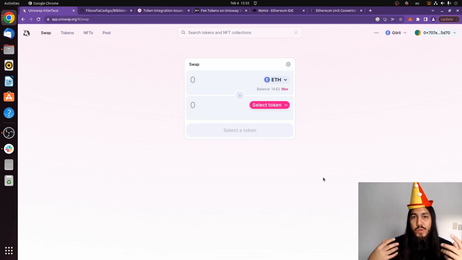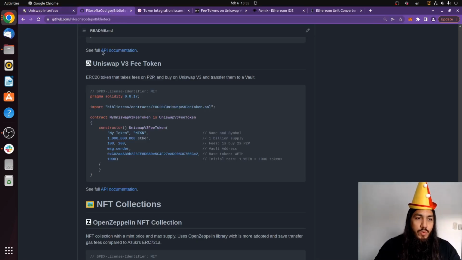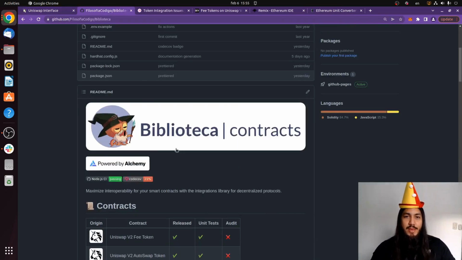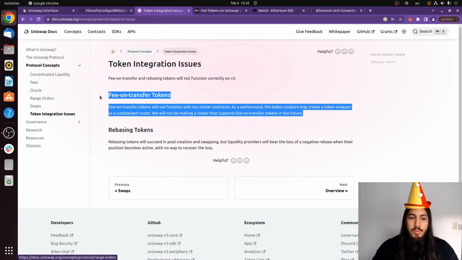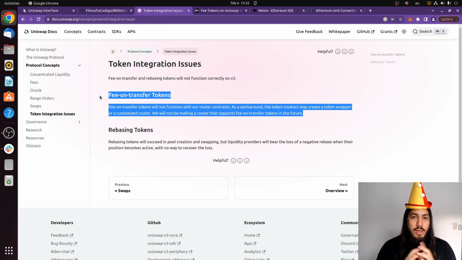In this video, we're going to launch a fee token on Uniswap version 3. We're going to use Biblioteca, a library that I've been building, putting a lot of effort into making the most simple way to launch a V3 token out there. And just know that the official documentation from Uniswap says it's not possible, but it is. The only thing that you have to do is not charge fees on token sales, only on buy and